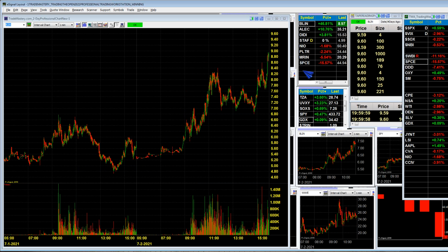Now, the kind that I don't like as much, though it still did really good from a percentage standpoint for us, is BLIN. It ran all the way from the low 5s to the high 8s. So a multi-point run. But what's the problem with this chart? Choppy as heck, right? And that's the problem you find with these cheap under $10 stocks, is they're often like